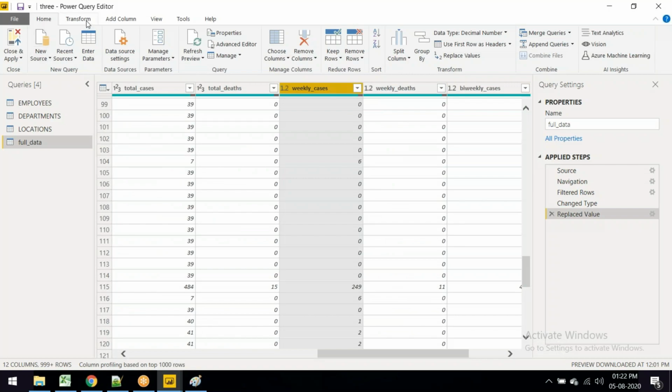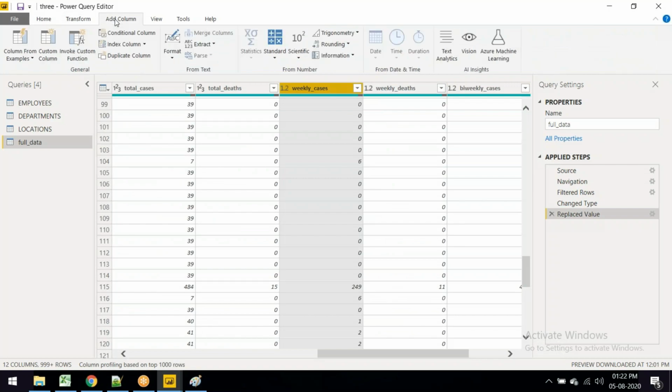Based on this column, I want to create one more column. You can go to this add column. Here you can add some conditional columns based on this column, and you can go for custom column. With column from example, you can make some columns based on the example, then automatically the column will be created. For this, I'll be going to this employees